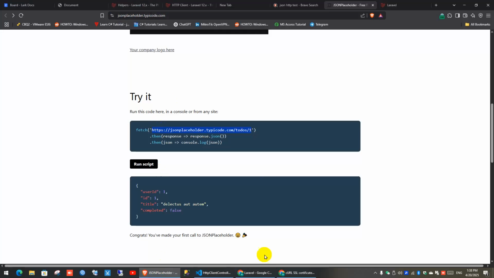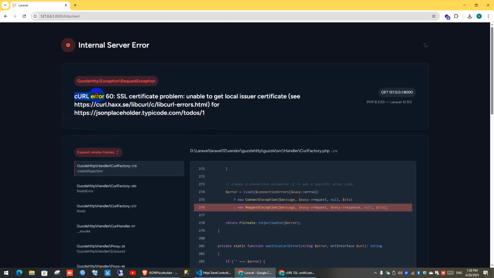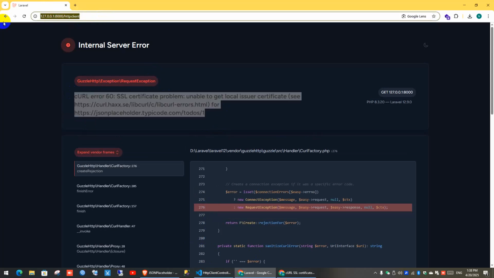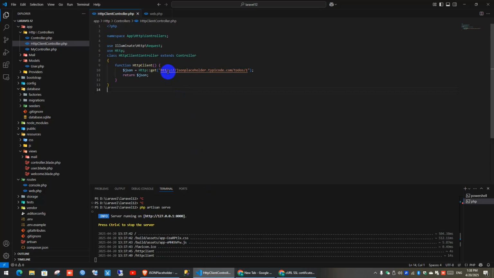Okay, please refresh, and then it will error with cURL with SSL, because our web server, like you can see, I copy and paste. It is normal HTTP, but in here it is HTTPS.